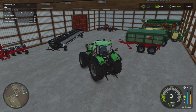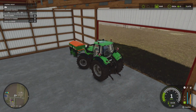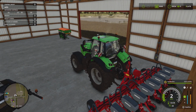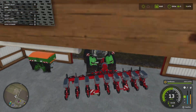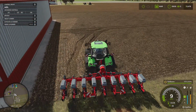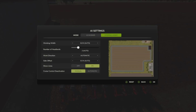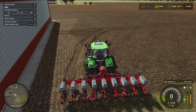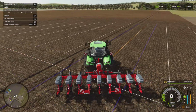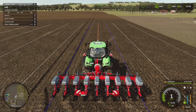But so our planter, let me zip around here. It is set to sunflowers already and is full at 630 liters. And if we come here and set it up for 2 headlands, we will get some lines and we should be able to plant. And I just want to make sure we can pull this planter, and then I'll be off to the races again. I'll probably do another time lapse of this. Not sure how I'll release it, but